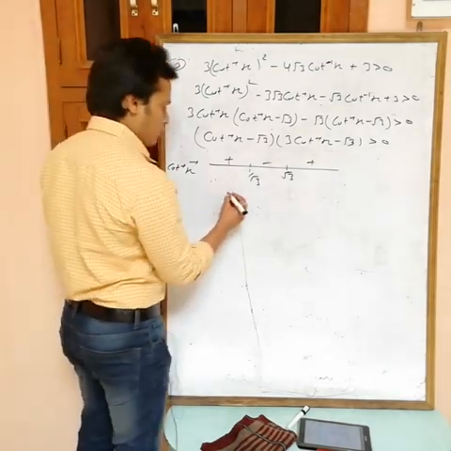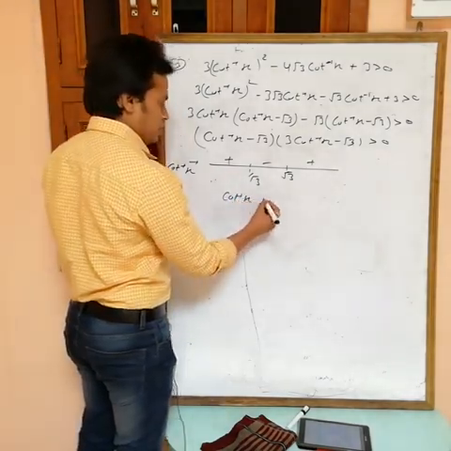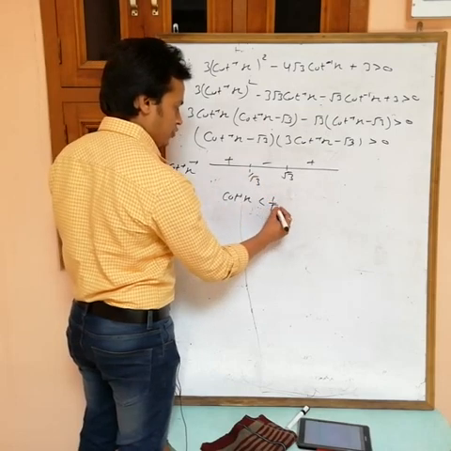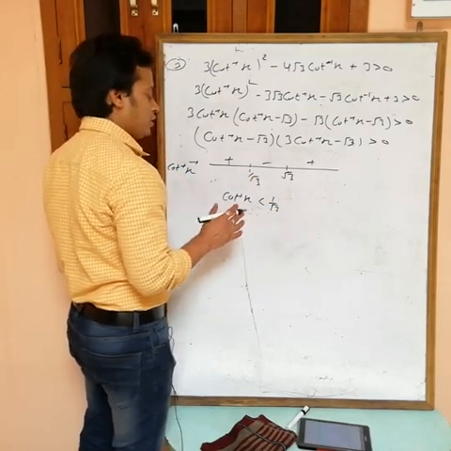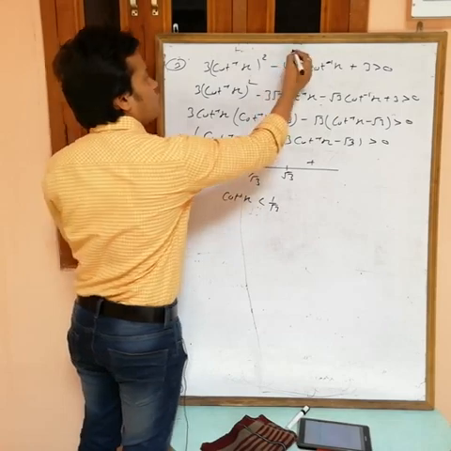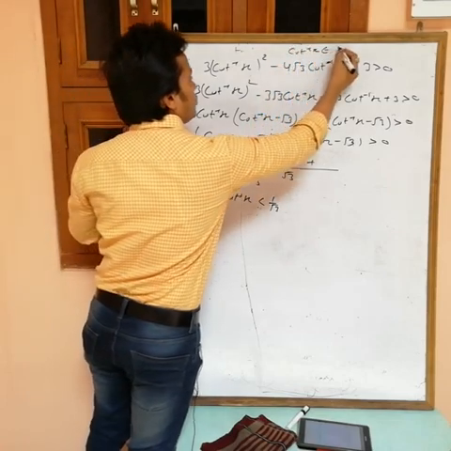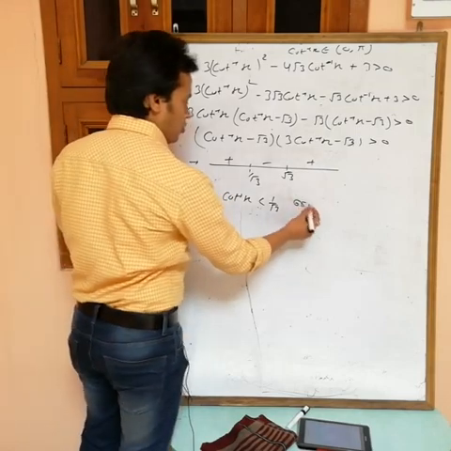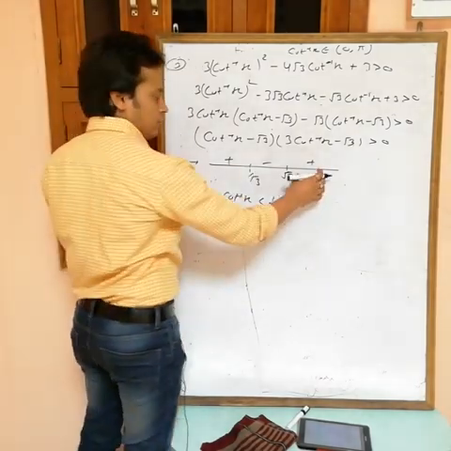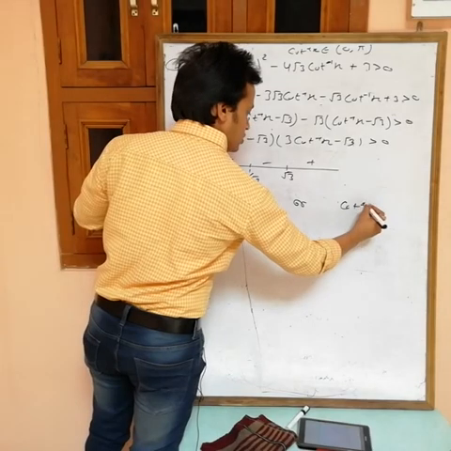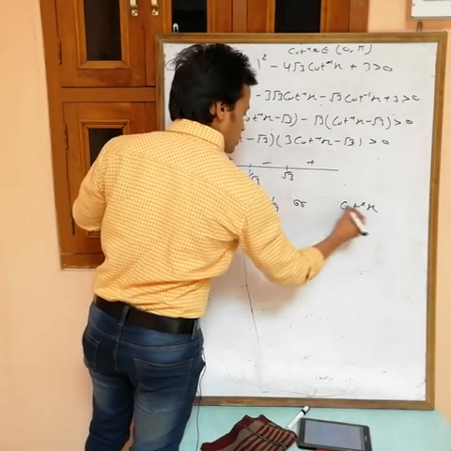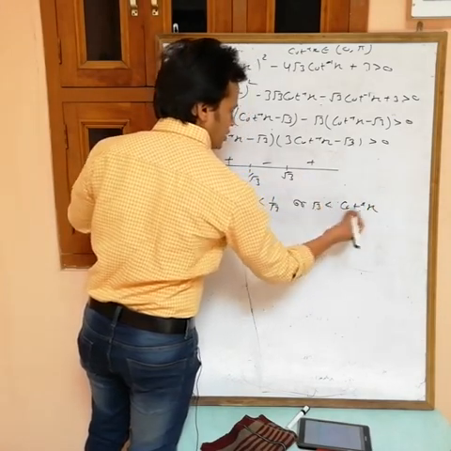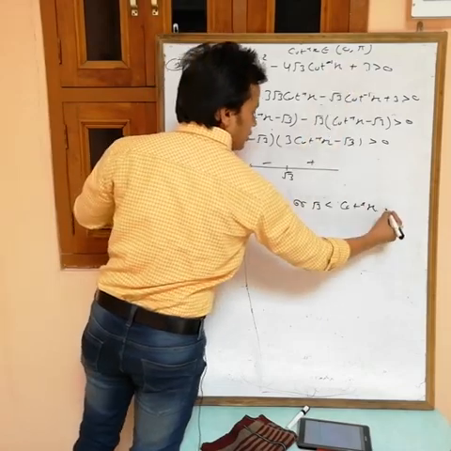So in this one, cot inverse x is less than 1 by root 3. But we know that cot inverse can't be less than 0, because the range of cot inverse x is the open interval 0 to pi, so this must be greater than 0, or this interval is done. Now this one, cot inverse x is greater than root 3, but this can't be greater than pi because this is the range.